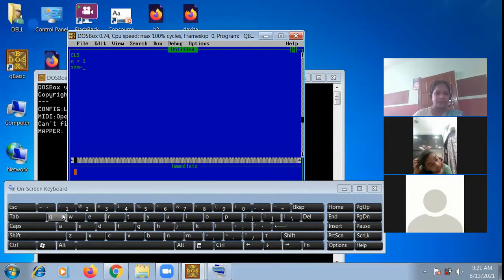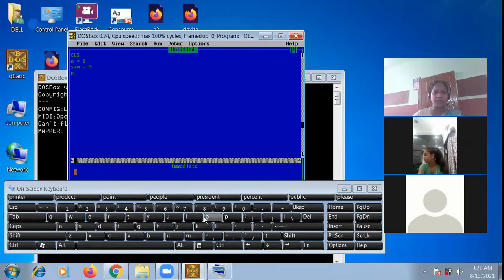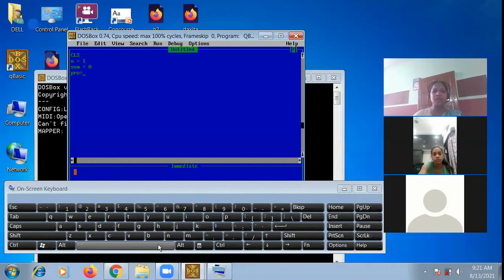Multiply also, sum also. For sum, the initial value is 0, and for product it is used PRO. Children, every time keep it in mind that we cannot keep the product value as 0.